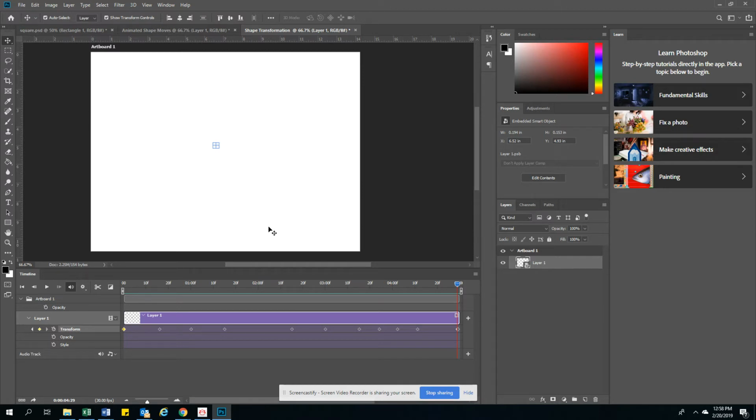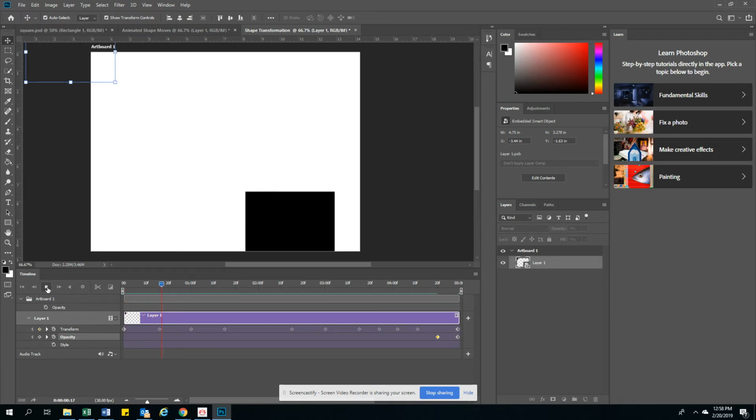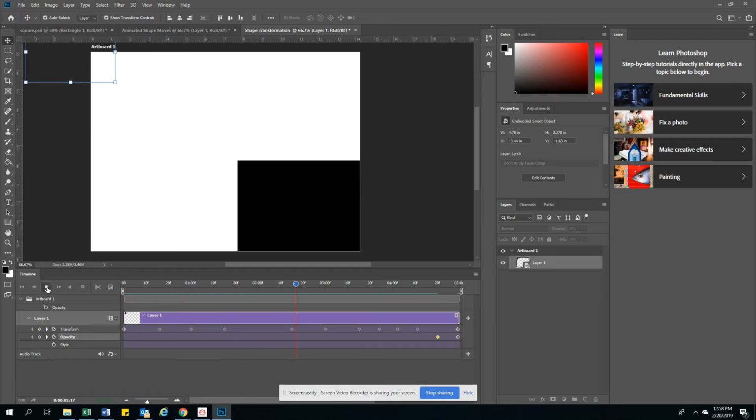At that point, if I really wanted to, I can move my playhead back here. I can click the opacity stopwatch. The opacity is at 100. Then I can move my playhead again and then change my opacity to 0. That way it fades off and it doesn't stay on the screen. So rewind, hit play. Happens kind of fast